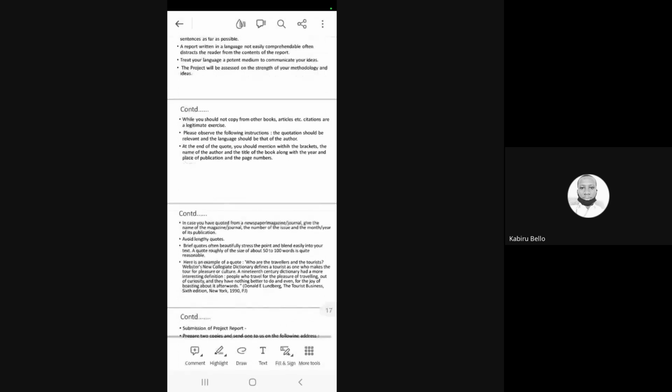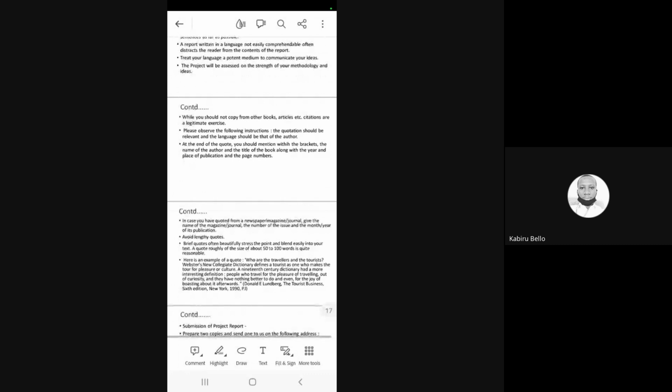Once you have the primary data, as I told you, you should have both primary data as well as secondary data. The primary data is collected through a properly framed questionnaire, and whatever data you collect has to be processed. That is the presentation of data: you have to code it and edit it. That is very important.